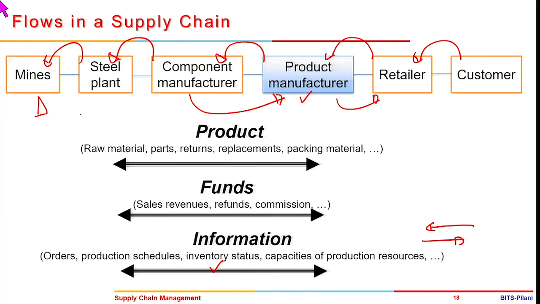Mines may have inventory, steel plants may have inventory, component manufacturers may have inventory, manufacturers may have inventory, and retailers may have inventory. And with the technology that is available today, it is possible for these entities to share their information, which can happen instantaneously. So information flow may not necessarily happen sequentially, as product and funds generally do, but it can also happen in a complex way,